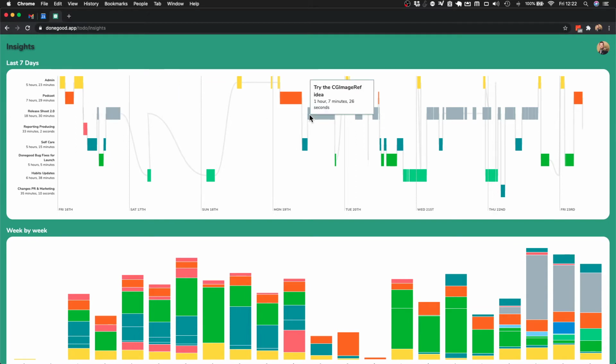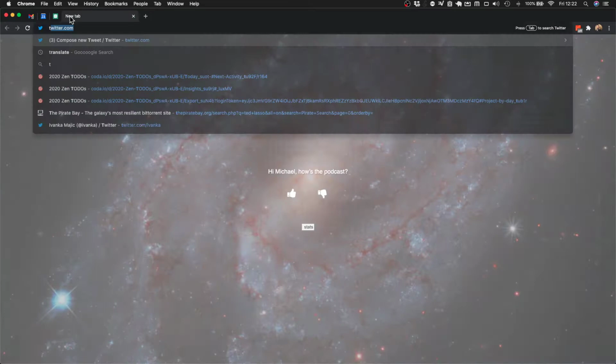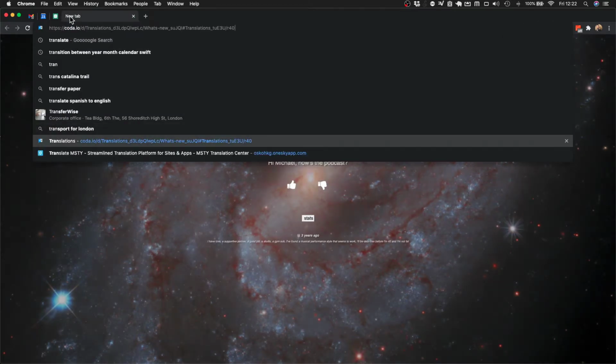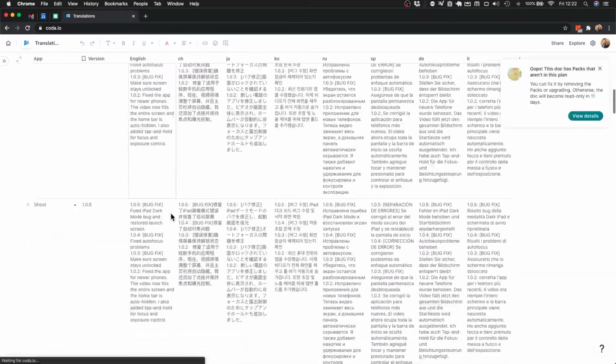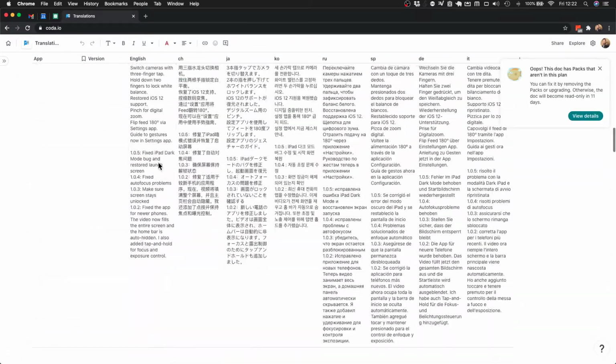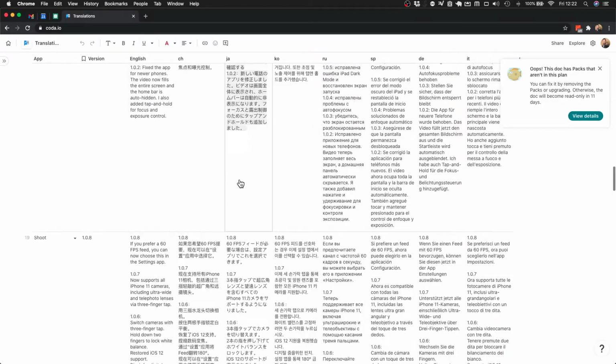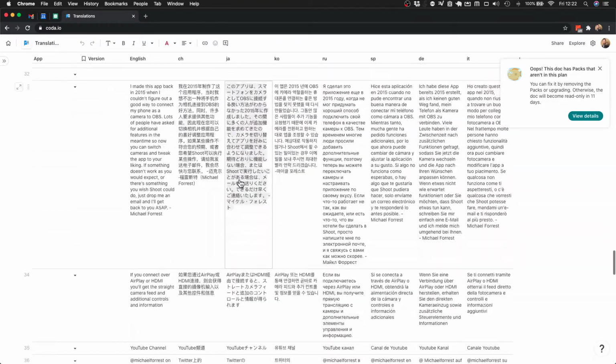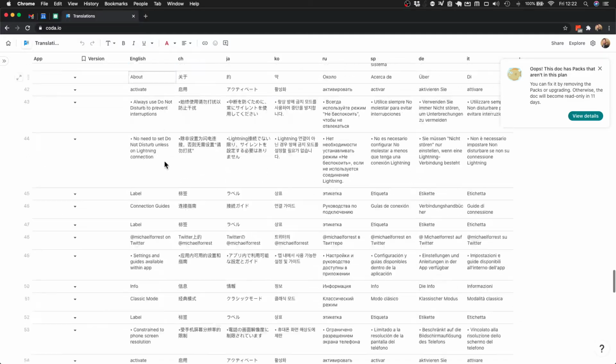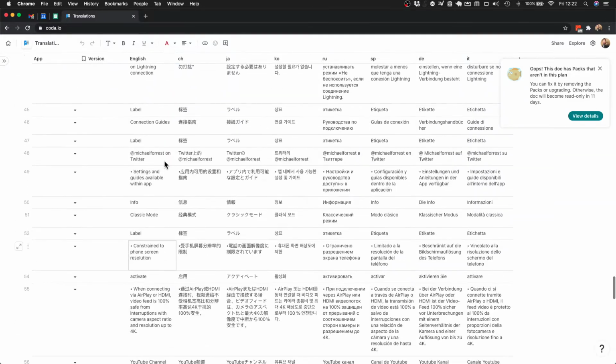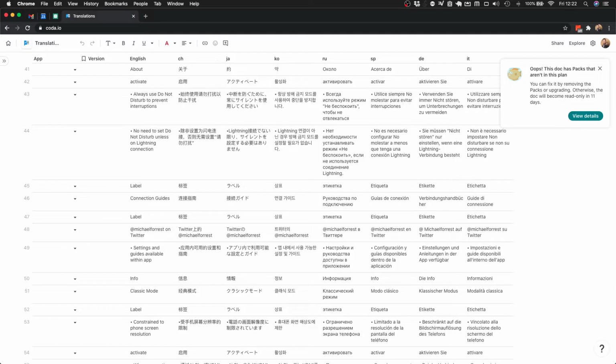Then Shoot has been a bit of a challenge, but we're getting there. Basically, I've been doing translations, which ended up taking a lot of time. So what I ended up doing, well, I have this Coda document. I'm just going to show you this quickly. I have this Coda document where I can paste in all of the translations, and it will just automatically translate them. So it's Google translated, but it's better than nothing. But the problem is I had loads of new translations, and I didn't want to have to go in piece by piece